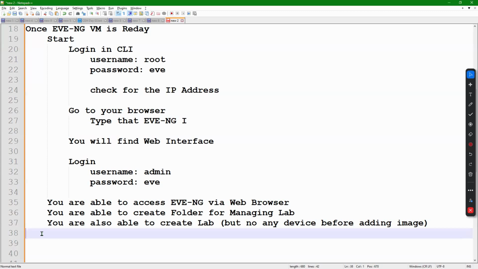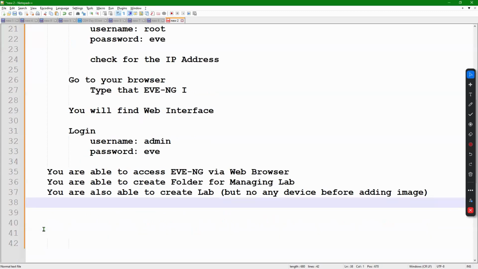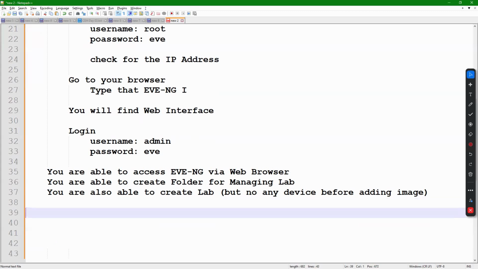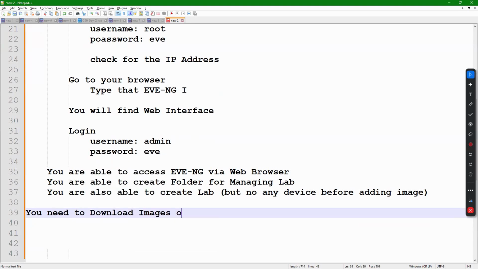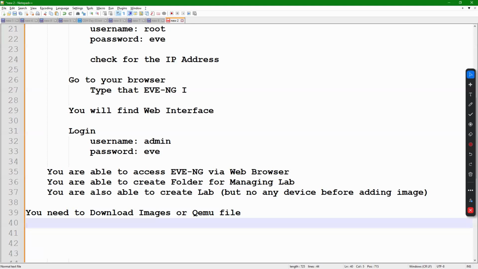Okay, now come back to here. So now what? You need to download images or QEMU file. Now name is QEMU file. Otherwise what?